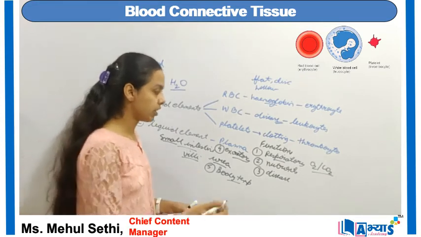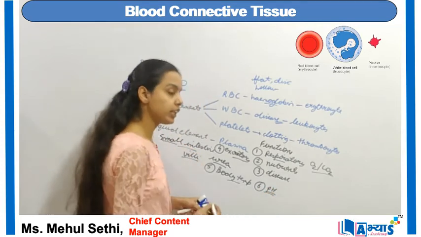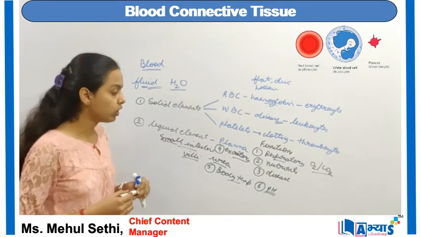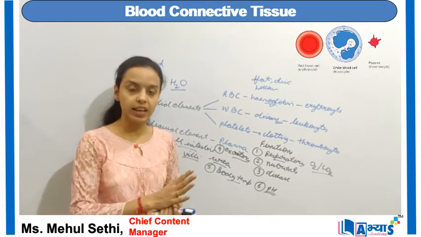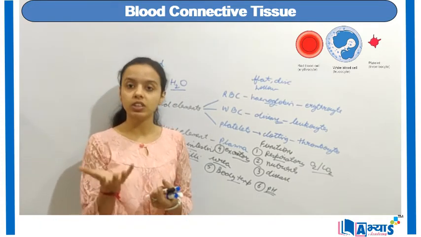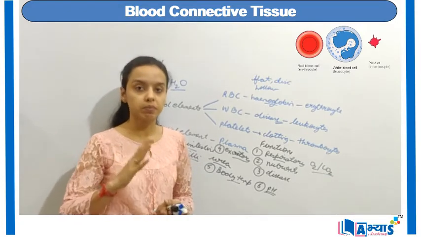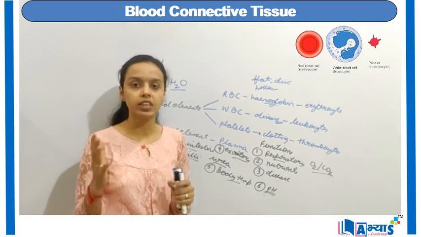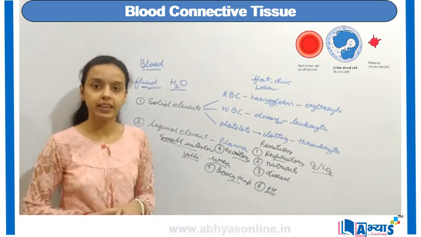The last function of the blood is to maintain the appropriate pH value of the cells. The pH value measures the alkalinity or the acidity of certain components found in the blood. So it helps to maintain an average pH of something near 5 to 6 on the pH scale. So this was the concept of the blood connective tissue.